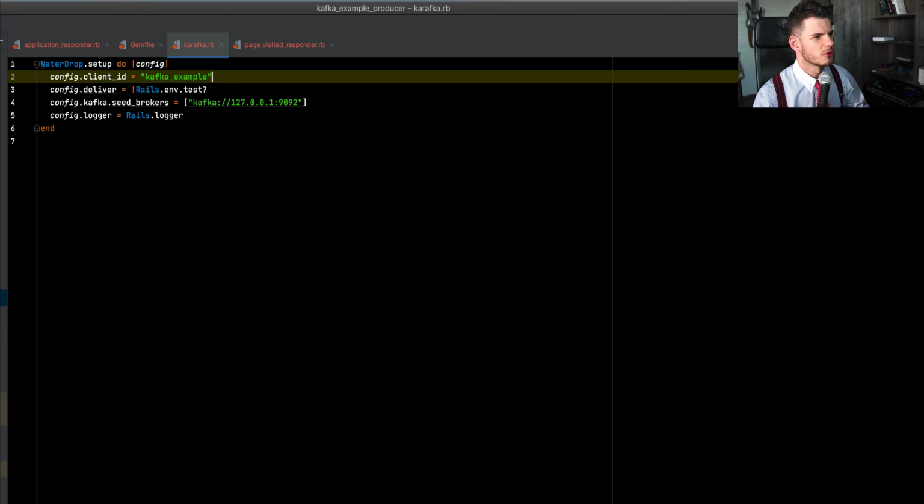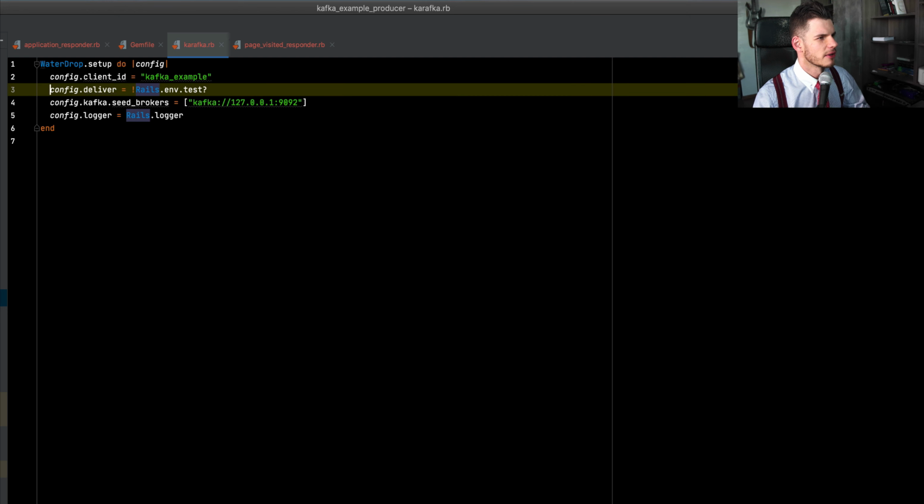So the first one will be client ID, which is, well, basically to be able to distinguish between different clients connecting to Kafka. So I call it Kafka example here. The next one will be whether we want to deliver the messages to the real Kafka or not. So that's the configuration option to ensure that for all but test environments, we will be publishing messages to real Kafka, and for test environment, we'll be storing them in